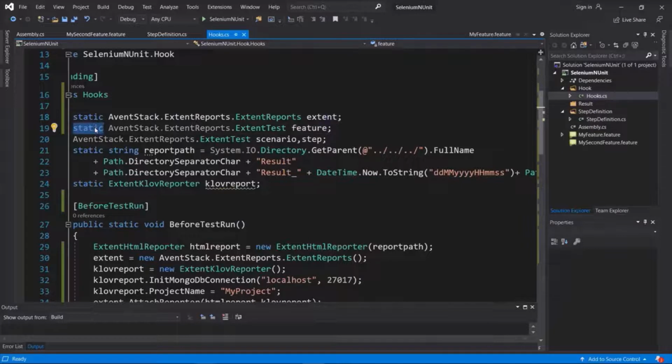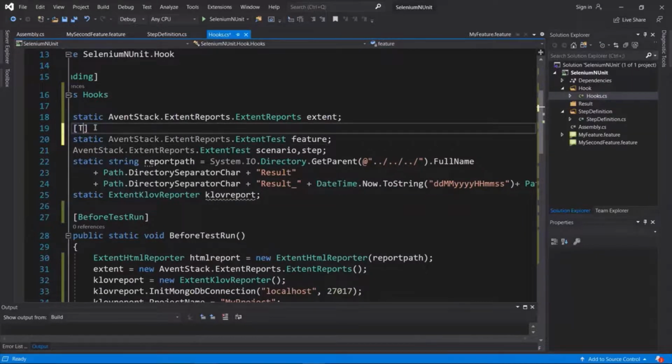So to avoid that, we'll make this variable to be thread safe. And to do that, I'm going to use the attribute called thread static. This attribute helps the value of the static field to be unique for each thread. So I'm going to do it for feature variable only.